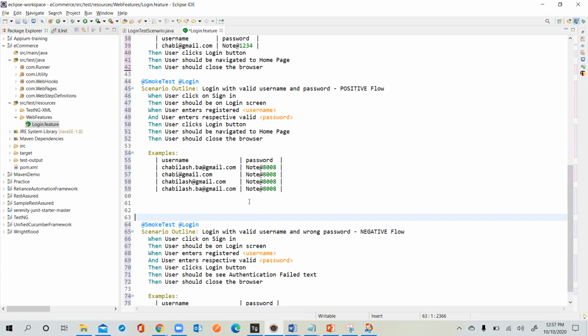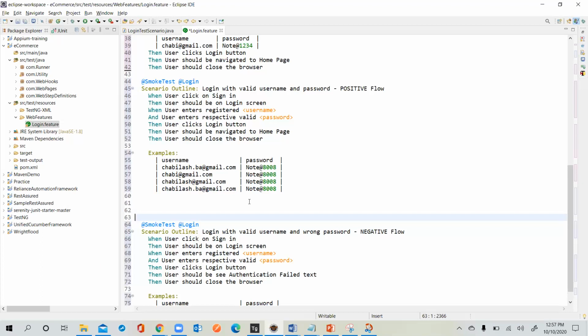For example, login. You've taken a module for login: what are the positive cases, what are the negative cases, what are the edge cases, we can write it. All those things you can write over here. Means all your boundary value analysis via alphanumerical characters, wild characters, special characters, enabled, disabled or not, text validations, non-text validations, special symbols validations and all whatnot. Everything you can write in your feature files.